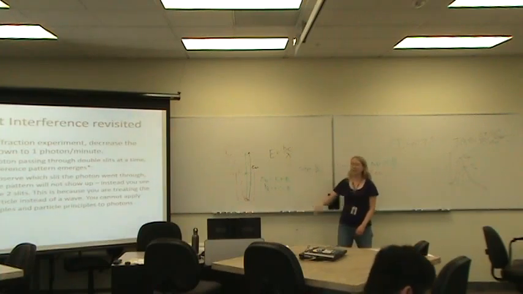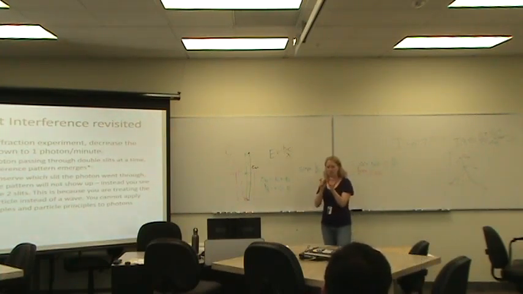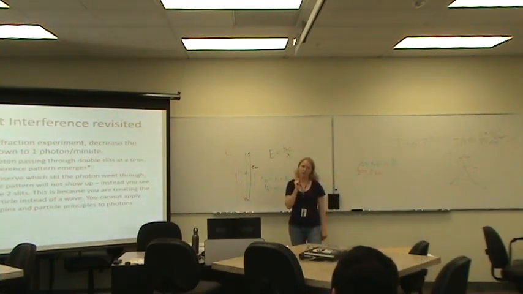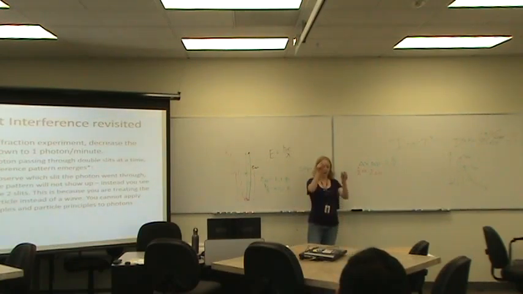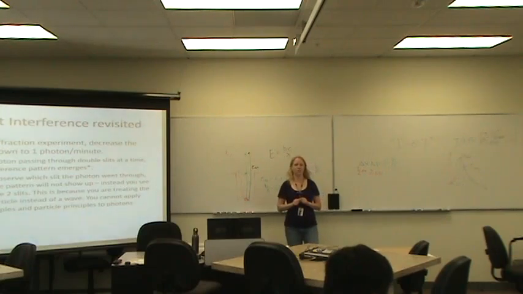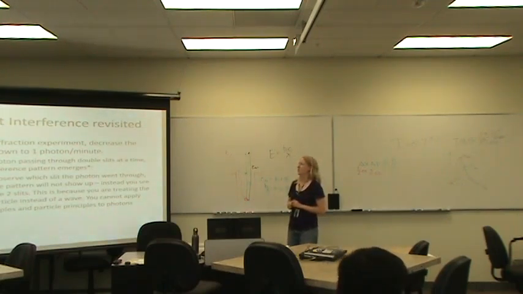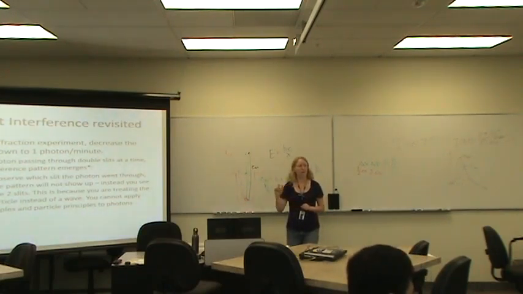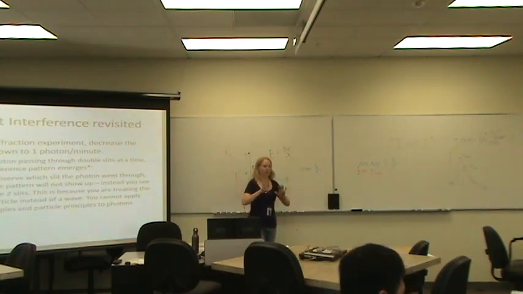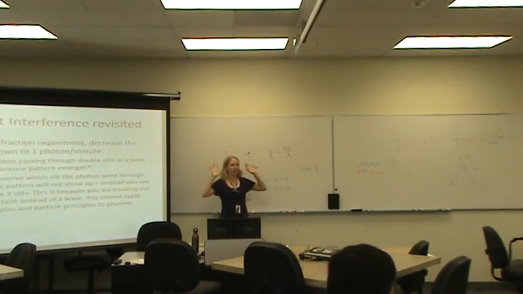Yeah, so if you treat it like a particle and you ask which slit it goes through, it will act like a particle and it will create just the pattern of the slits on the other side. It no longer interferes with itself. So if you treat a photon like a particle, it behaves like a particle. If you say this is a black box, I'm not gonna look, I promise I won't look, then it behaves like a wave.